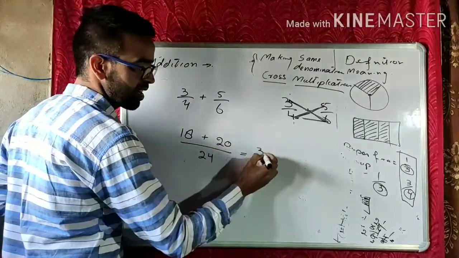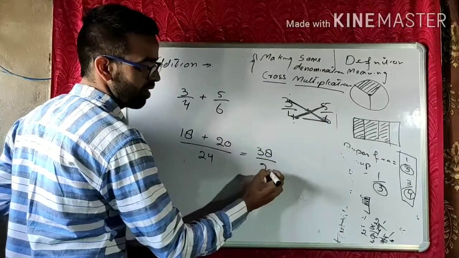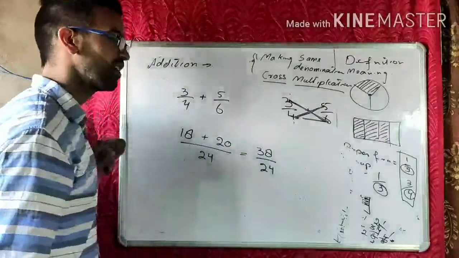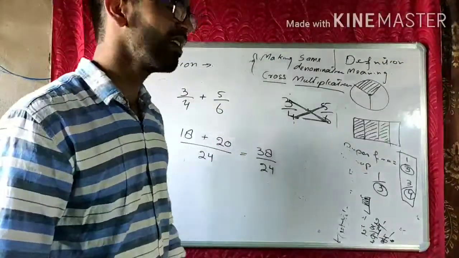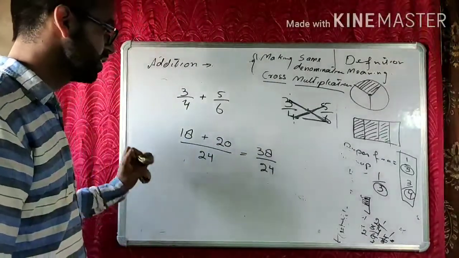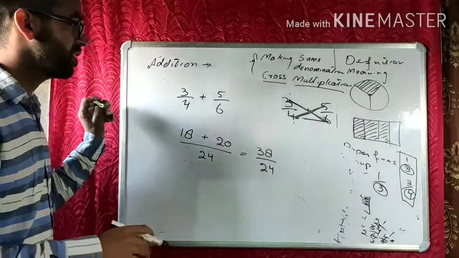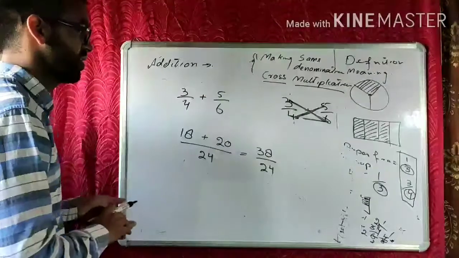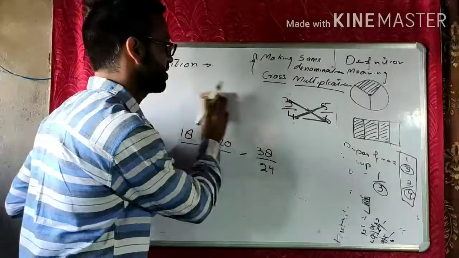20 and 18 is 38 divided by 24, and this gets us into the simplest form. What we divide by something extra, this is the process for the addition. The second process was the cross multiplication. And if there is minus, okay, then